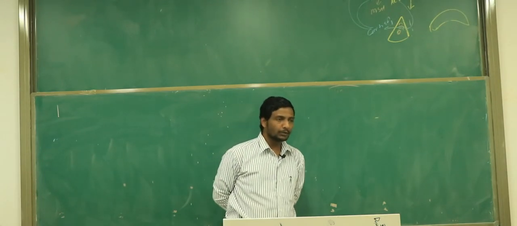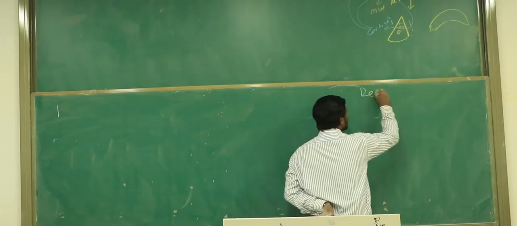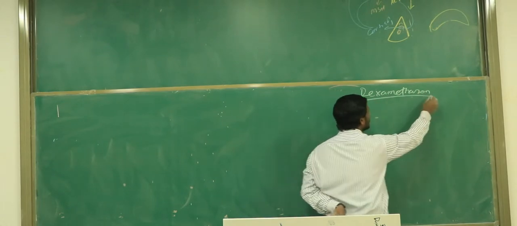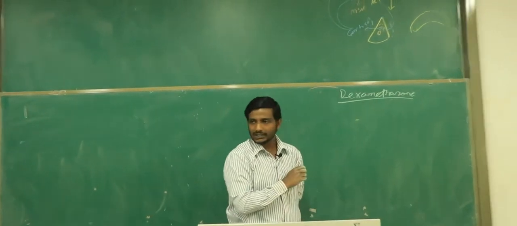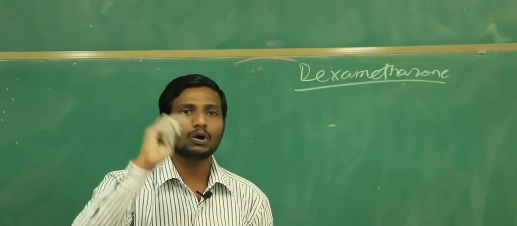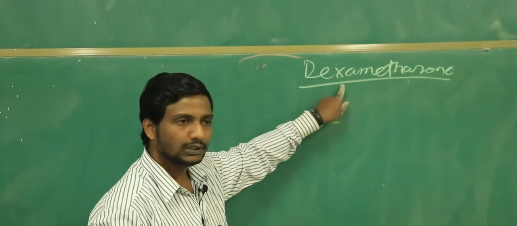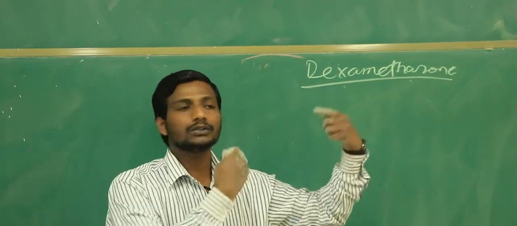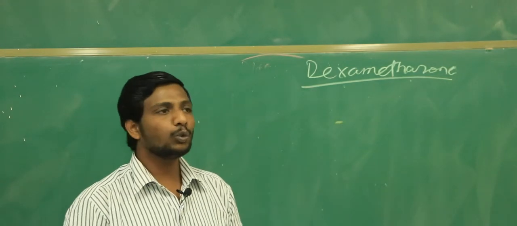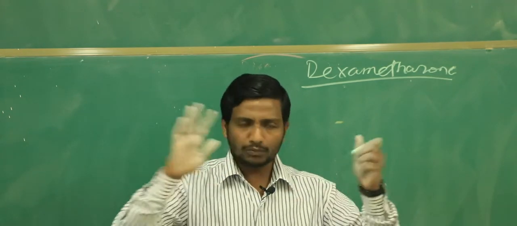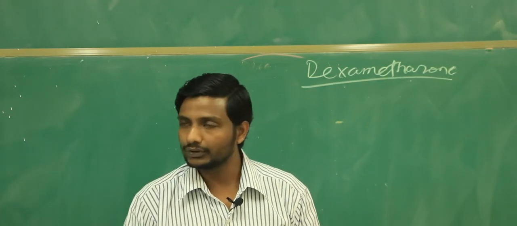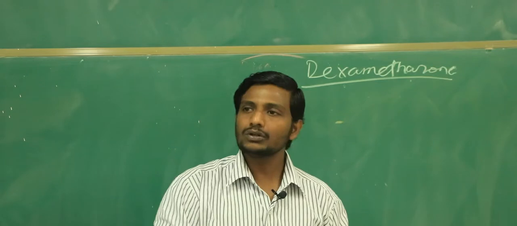And whenever we begin the treatment, keep in mind, we generally use one drug. This drug is going to be dexamethasone. If you need to confirm the diagnosis, then we begin this drug. What is that? Dexamethasone. And why do we give dexamethasone? Because dexamethasone does not interfere with the short-acting test or the long-acting test. If we give this steroid, it will have no effect on those tests. And we give dexamethasone only in that situation when we need to confirm our diagnosis. But if you are almost sure about your diagnosis, then we don't go with dexamethasone, we go with IV hydrocortisone.